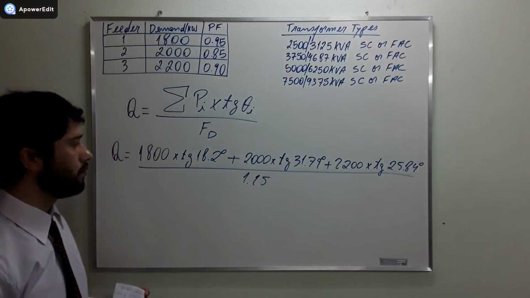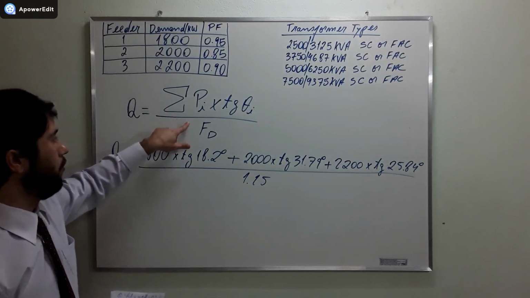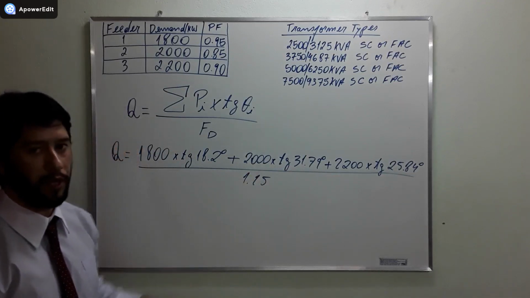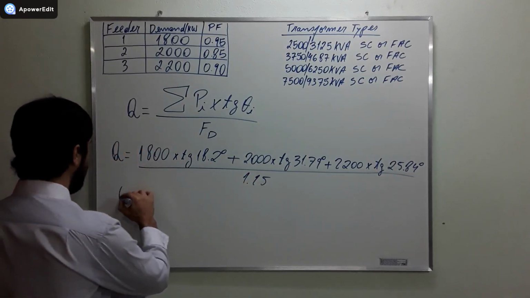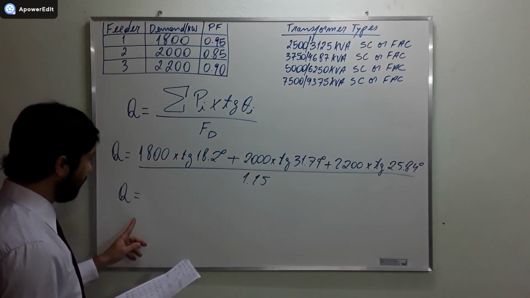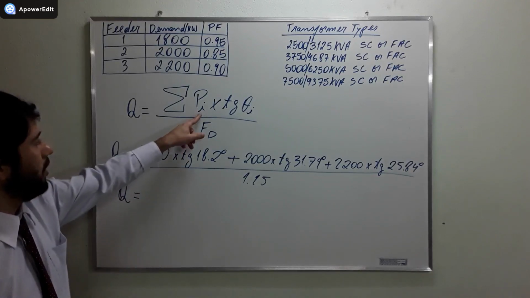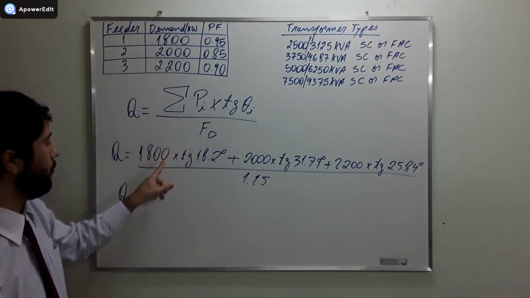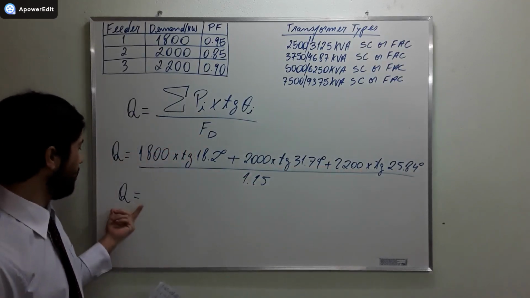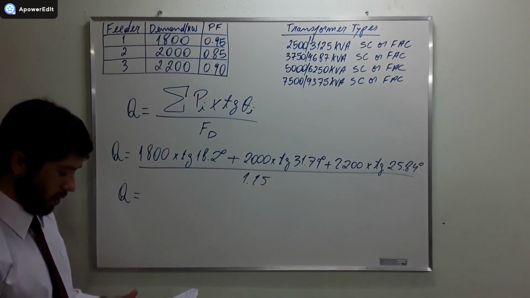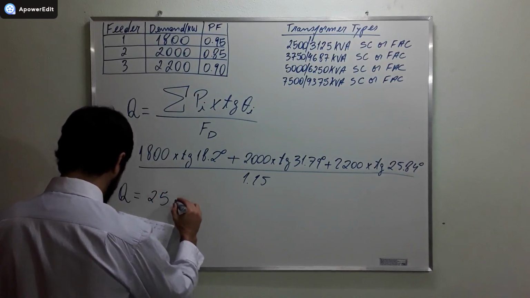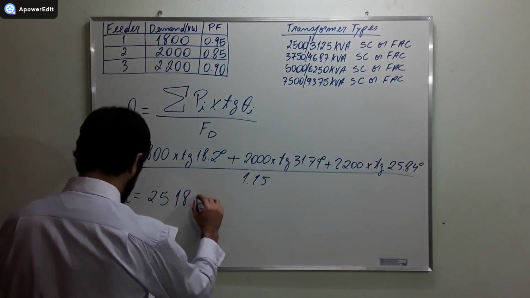Okay? Very easy. If you understand this expression, it's going to be easy for you to come up with this. And then we find a value Q equal to the diversified. These are the individual values. This one, and this one are the individual values. And the diversified reactive power is 2518.8